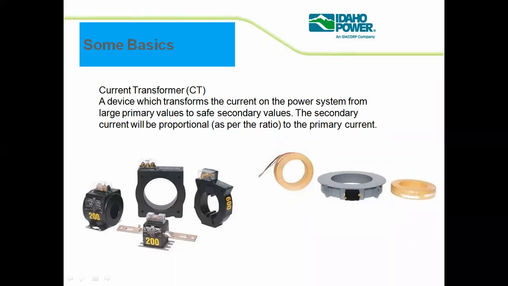So if you have to measure the voltage, we use potential transformers, frequently called PT. So what does this PT do? This PT steps down the voltage to a particular level, and at that point we can measure the voltage level at the potential transformer with the help of a voltmeter.